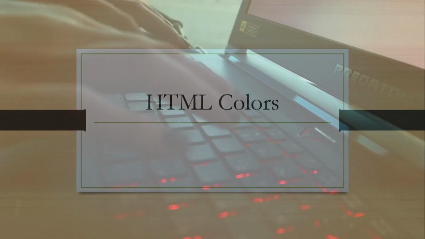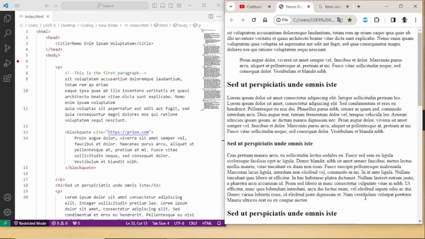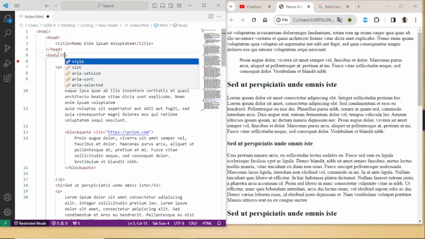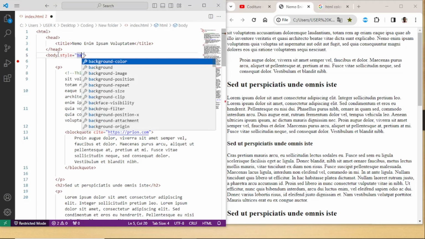In this video, we shall be talking about HTML colors. Yes, you can add colors to your HTML website. You can change the background of your website by going to the open body tag and using the style attribute to change your background. You say background color